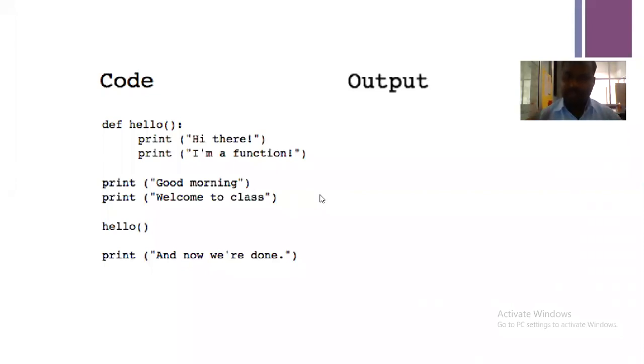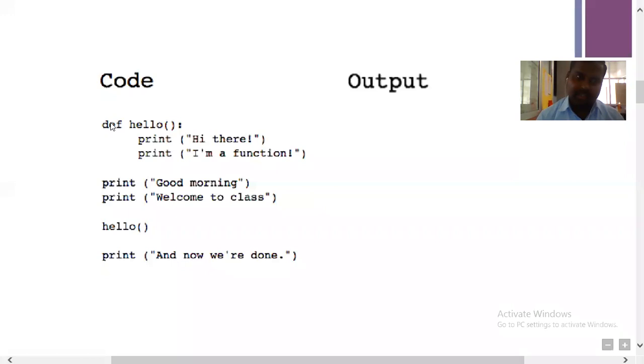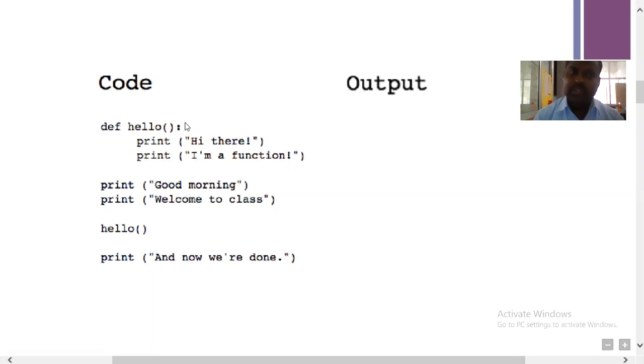I will explain. You may think that it is very easy. Flow of execution of the function. See, first the cursor comes to the def hello, first line. Then it will not enter into this hello function, because we still need to call this function. Understood? Then after that it enters.